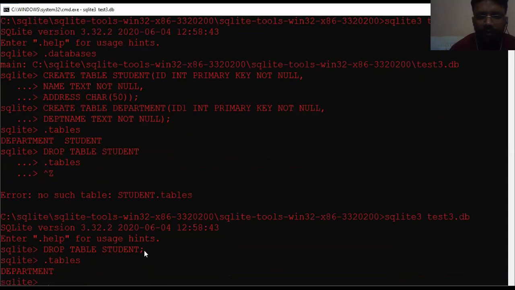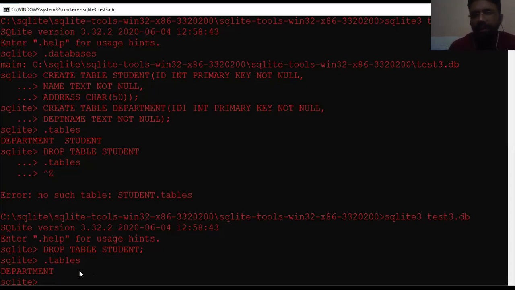We have to put the semicolon for accurate results. Initially we had these two tables, department and student, but once we use DROP TABLE with the table name, followed by a semicolon, and then check, student with all its information is removed from the database, and we are left with department.